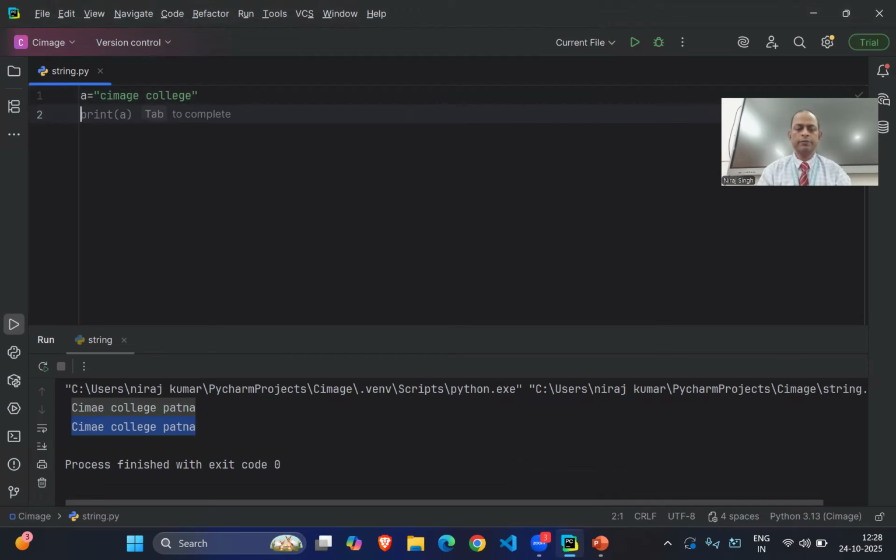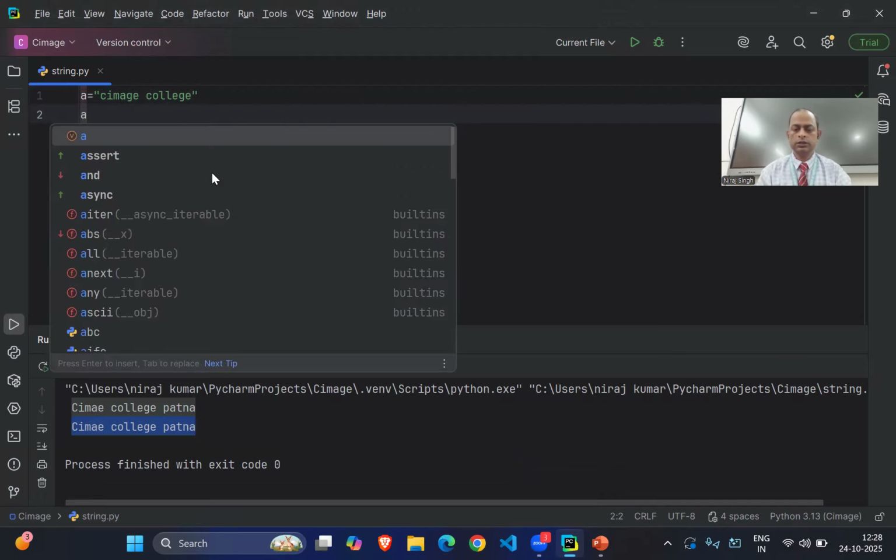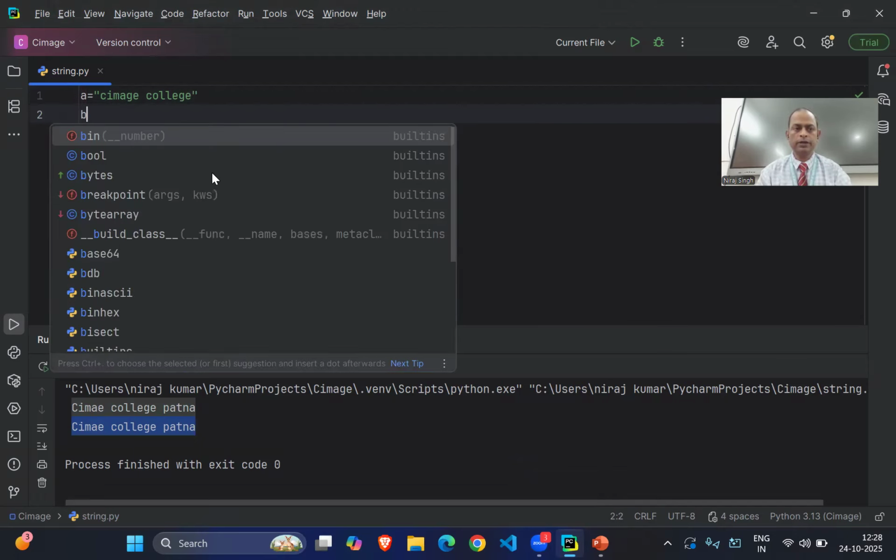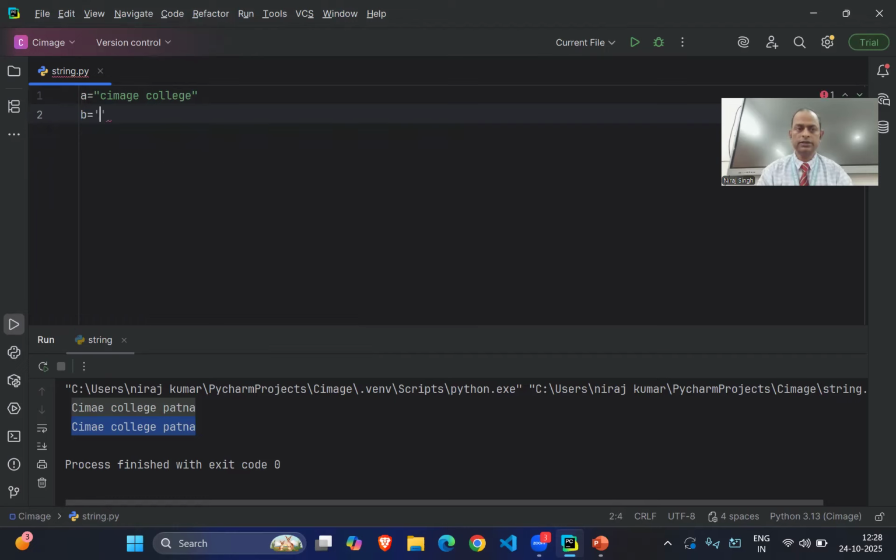Simply, we can also create it using the data variable B, where I'm going to create the image. And also we can create another variable where we can create the welcome.